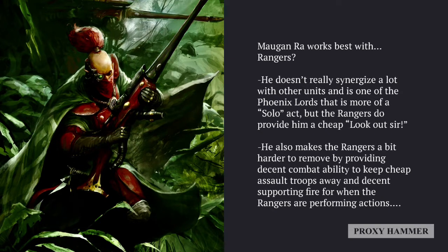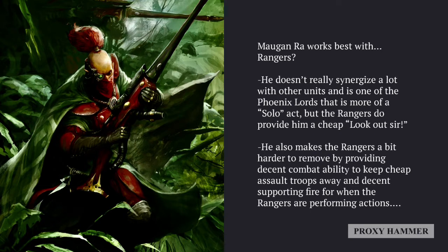He can also be used in combination with a webway portal to provide a very hard to hit target that can stay on a webway gate pretty much the entire game, benefit from Lookout Sir by being near Rangers, and also help you score on the hidden path secondary objective, which if you have a webway gate is one of the better secondary objectives that you can score points on in matched play. So even though he's not really that great with a lot of units, he does work fairly well with